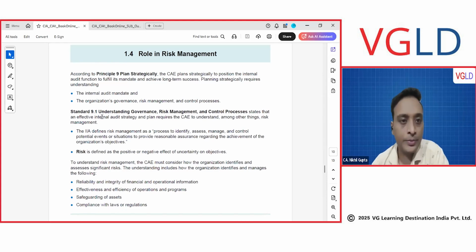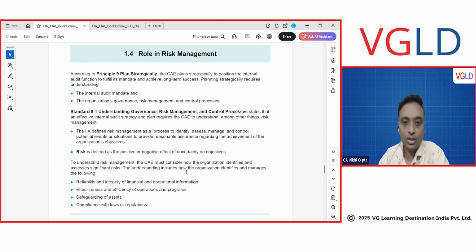Let me walk you through with the book. According to Principle 9, plan strategically. The CAE plans strategically to position the internal audit function to fulfill its mandate and achieve long-term success. Planning strategically requires an understanding of two things: our internal audit mandate, which we discussed, and the organization's governance, risk management, and control